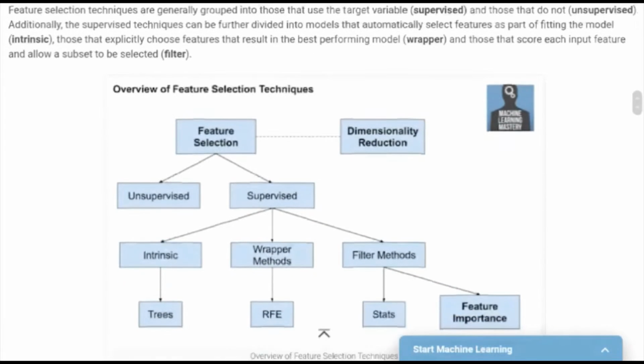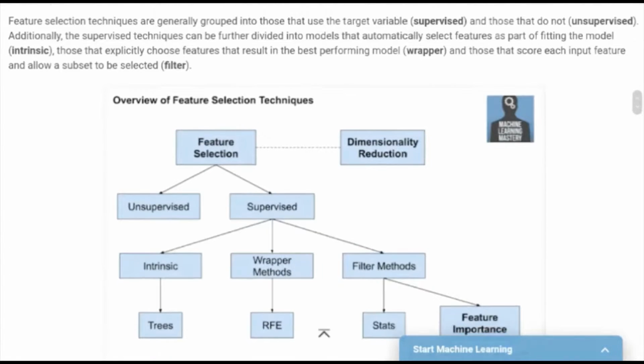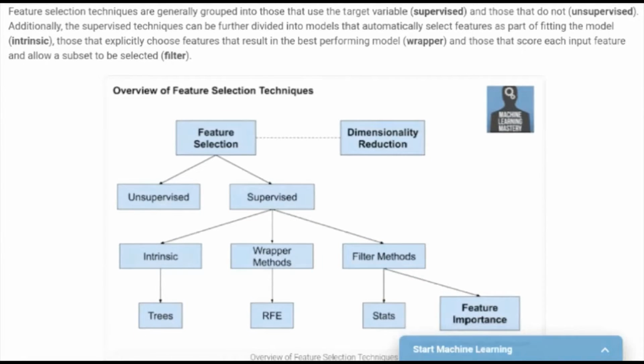So feature selection techniques are generally grouped into supervised or unsupervised techniques. Feature selection is basically classified into these two types, unsupervised and supervised. So in supervised techniques, we will have three methods. Those three methods are intrinsic, wrapper method, and filter methods.